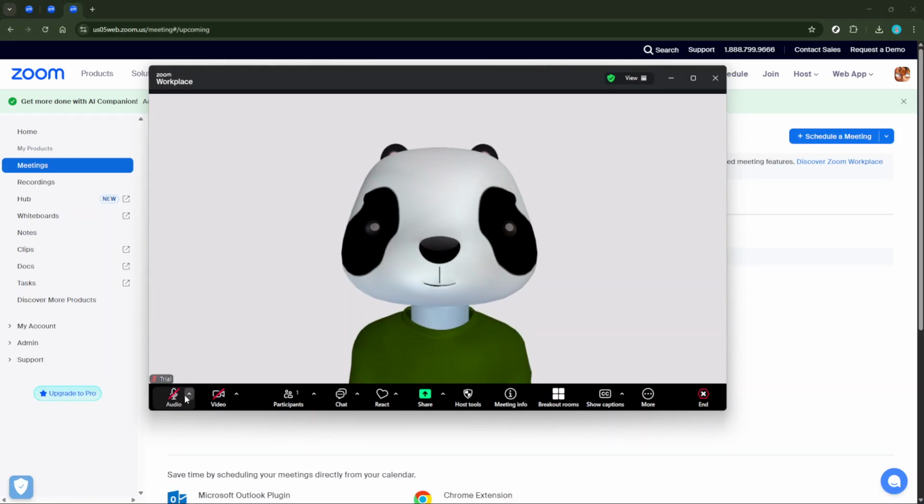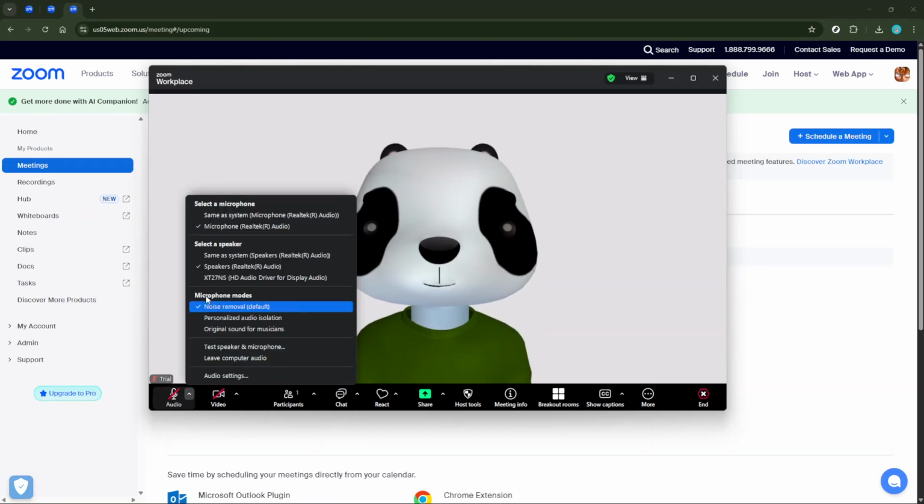Click on this arrow, and a list will pop up displaying various audio options that Zoom can detect on your device. When you click this arrow, you should see a list of available microphones and speakers. This list shows the devices that are currently connected to your computer, whether internal or external. It's crucial to select the correct microphone and speaker from this list, because sometimes Zoom defaults to the wrong one. Ensure that you're selecting the right device that you have plugged in, or the built-in microphone and speaker if no external devices are being used.